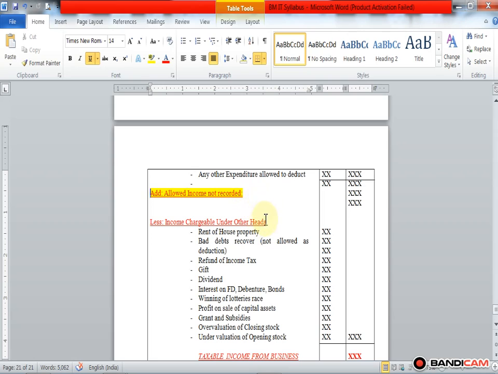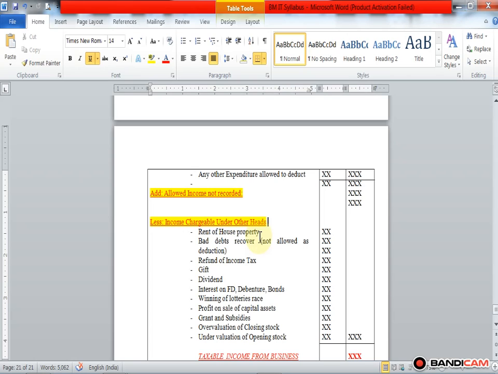Then we deduct income chargeable under other heads in the profit and loss account. Okay, so the income recorded in the books of accounts, but which is not related to business, which is related to other heads, this income is deducted from net profit. So here, rent from house property is not a business income, it is income from house property, but it is recorded on the credit side of the profit and loss account. It increases the net profit of the concern, so we have to